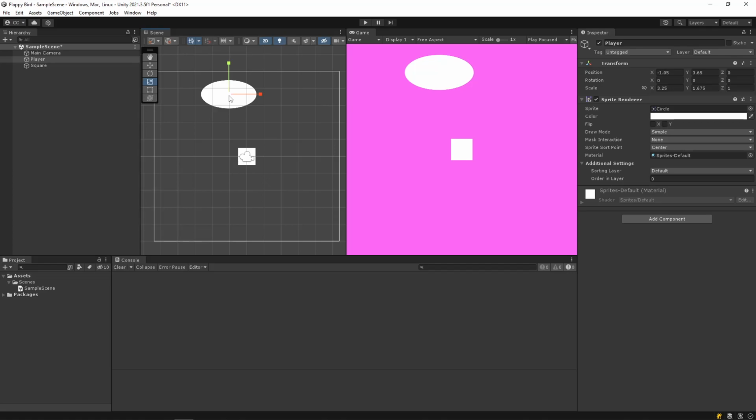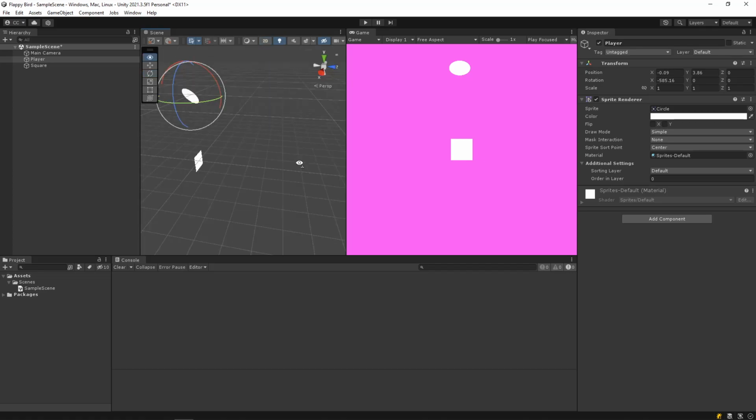Also another thing I just want to point out, you might notice that with the rotate tool, you can rotate it in apparently 3D, even though this is a 2D game. And the reason it seems this way is because, well, you are correct. This is rendering it in 3D. There's this 2D button. Don't click this, I'm just doing it for demonstration. Click on that, it'll show that this is in fact rendering everything in 3D. So that's why it's allowing us to rotate it in 3D as well.